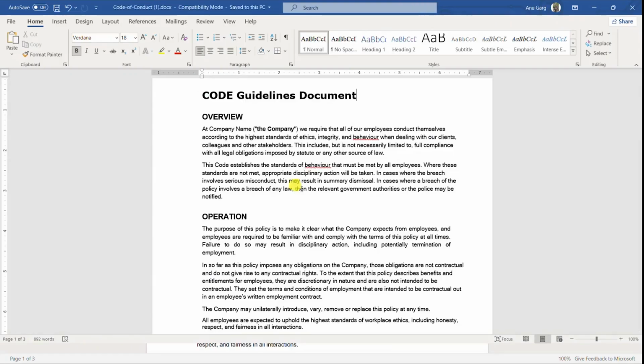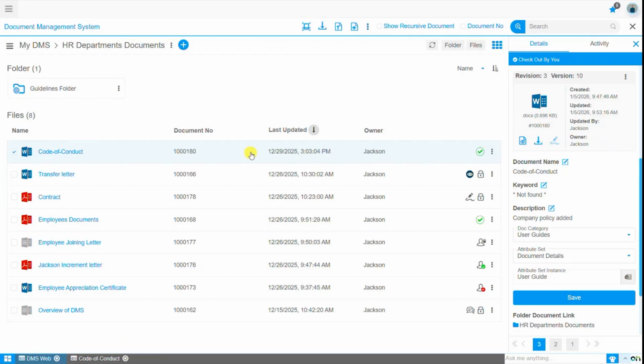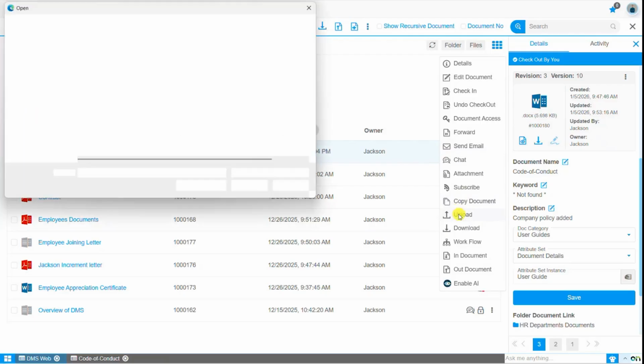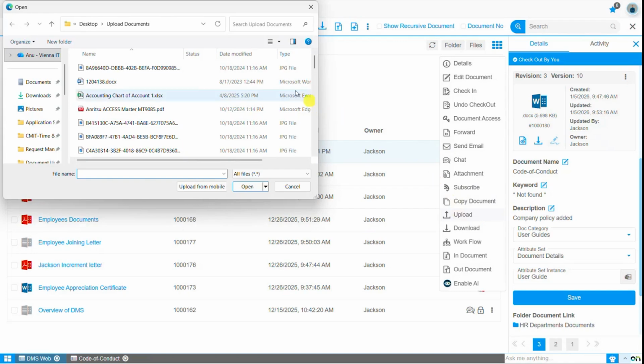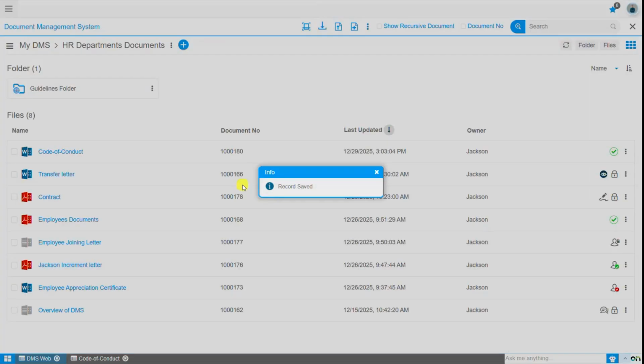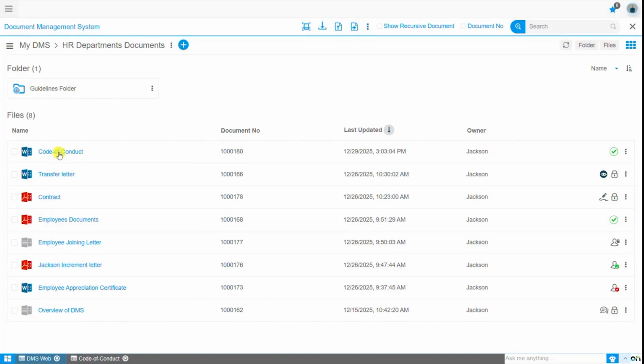After completing the changes, return to the DMS form. Select the document that was modified, click the three-dot ellipsis to view the document actions list, and choose the upload action. This will open the local system's file browser, allowing users to select the updated document and re-upload it in the existing document. Now, the user opens the document details by single-clicking on the document name